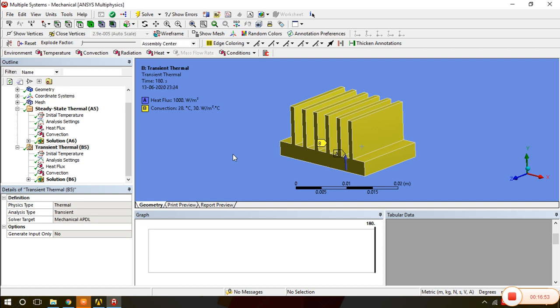If the initial temperature were uniform for the transient thermal analysis, then we would not need to share the data. So we are sharing the data because we have considered the temperature from the steady state thermal analysis. Now we will go to the project schematic for the thermal stresses.